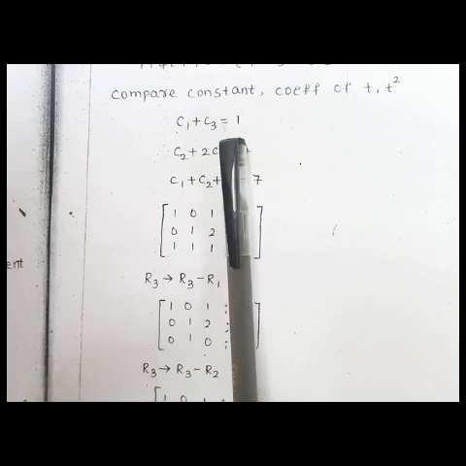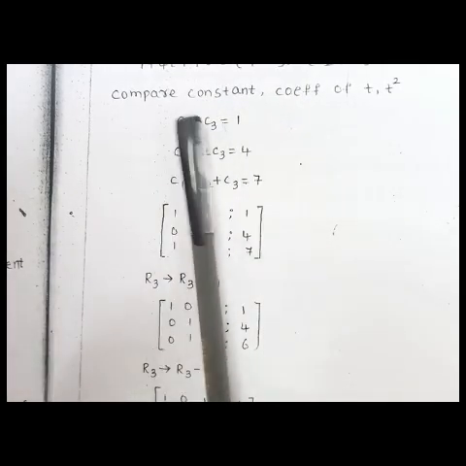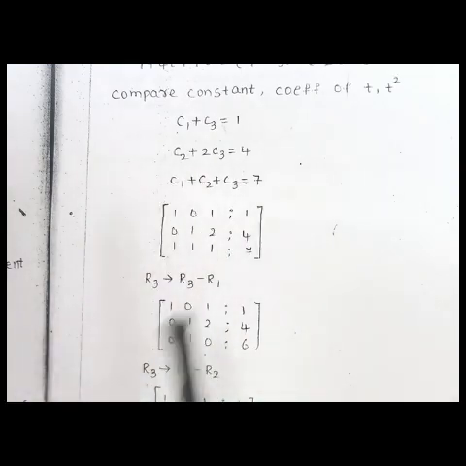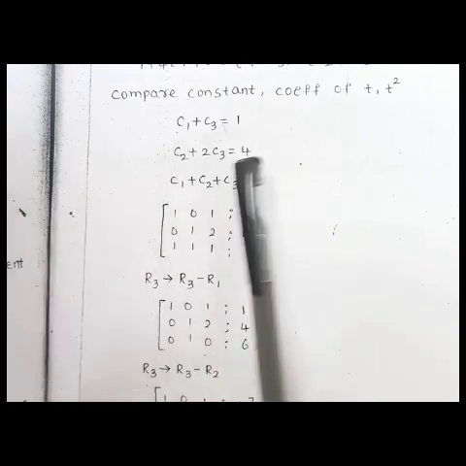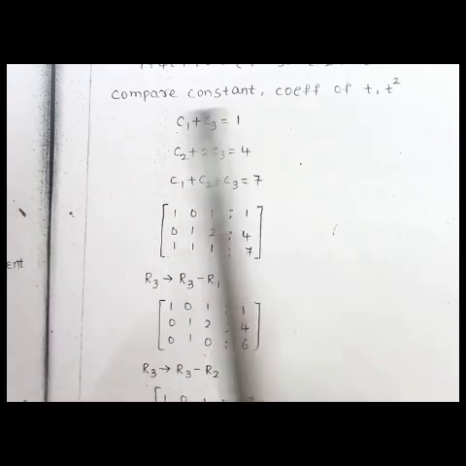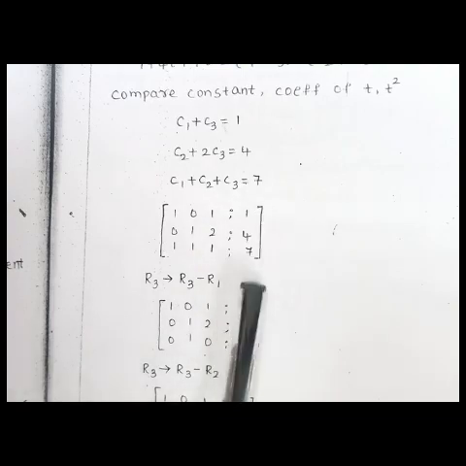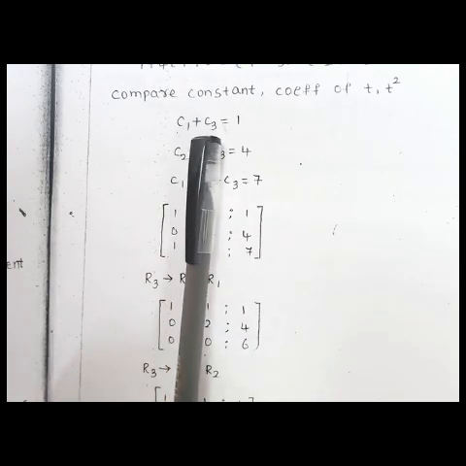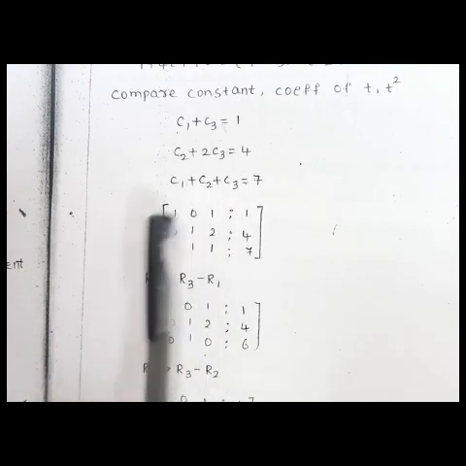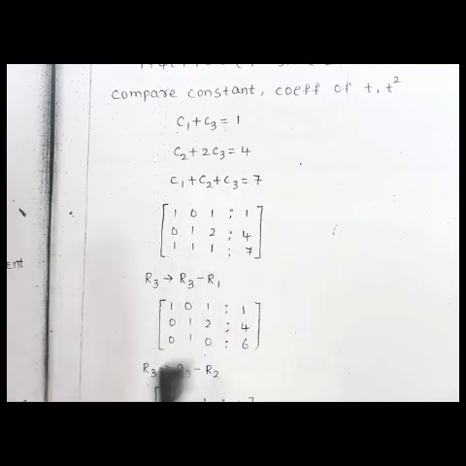We can find these values in two different ways. One is by solving these three equations, we can get the values of c1, c2, c3, which are nothing but the coordinate vector relative to the basis B. Or we can do it another way, by taking the augmented matrix: take the coefficients of c1, c2, c3 and take the right side values like this. The c1 coefficient is 1, the c2 coefficient is 0 and the c3 coefficient is 1 as the first row, and similarly take the second row and third row coefficients, and convert this matrix into the identity matrix.